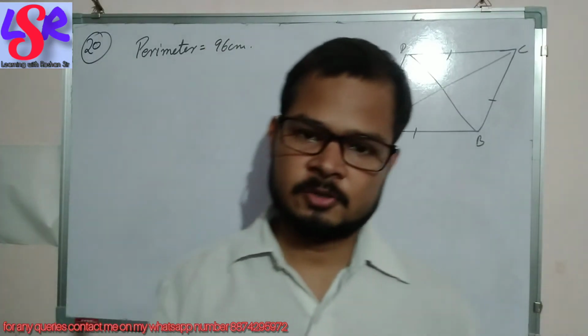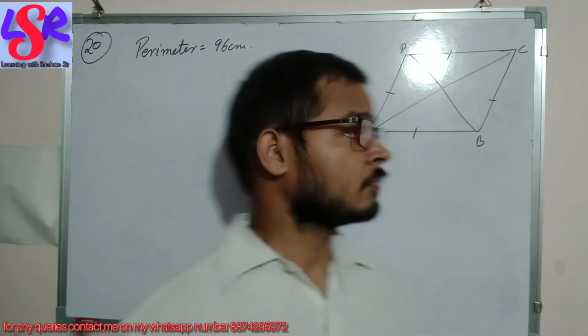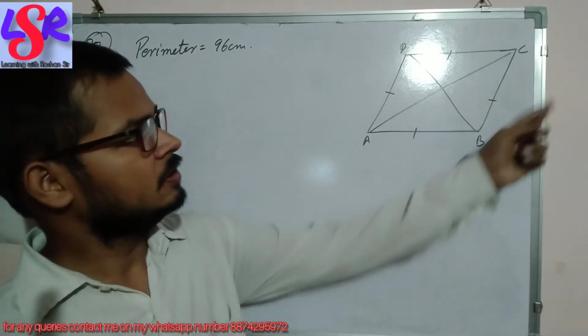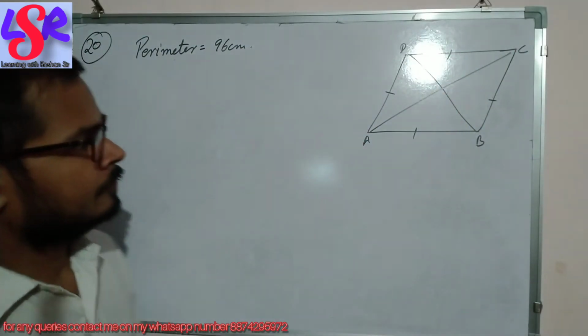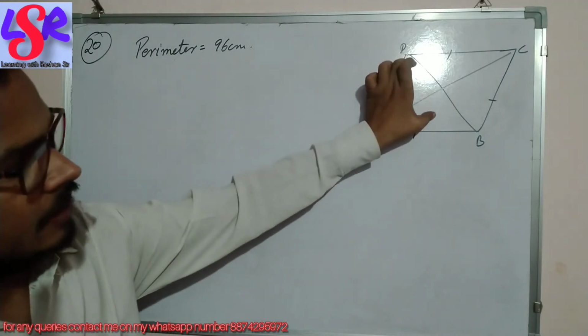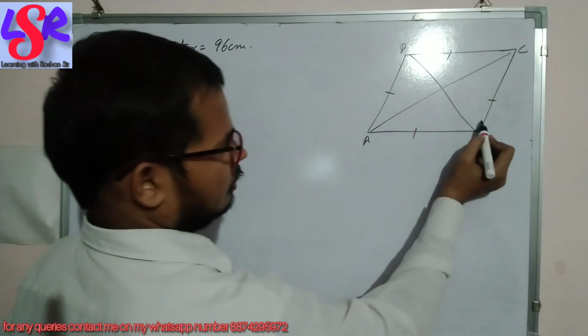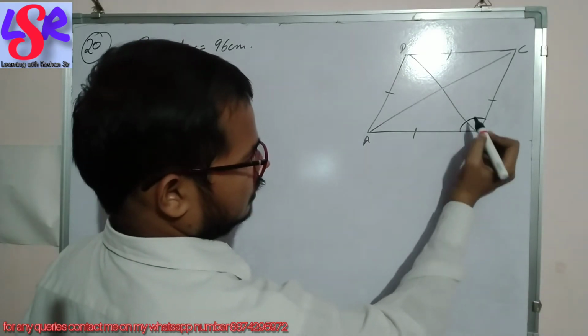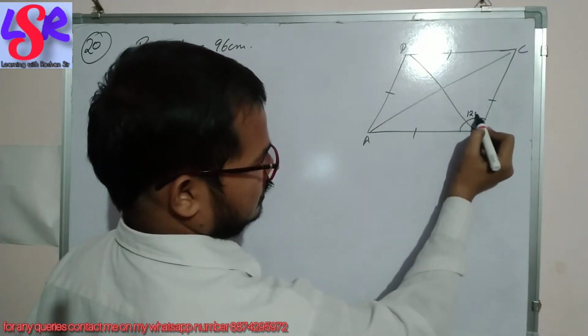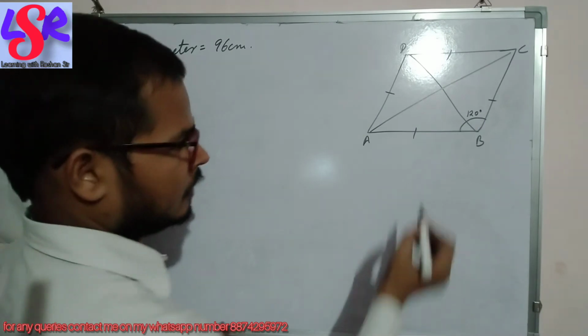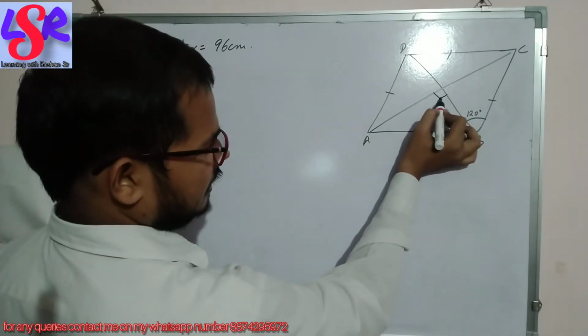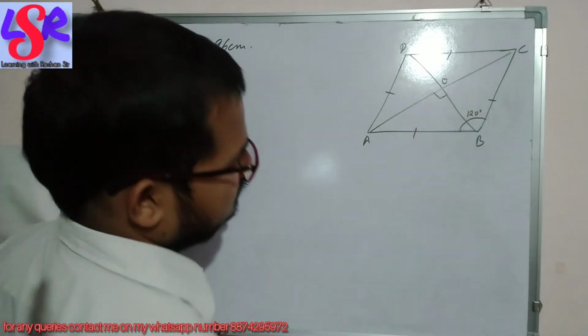Now in question number 20 we are having a rhombus ABCD in which all of the sides are equal, and we have to find the length of the diagonals, these two, and it has been given that obtuse angle is of 120 degree. इसका obtuse angle 120 degree का है और यहाँ हमें पता है कि diagonals जो होते हैं इसके 90 degree मीट करते हैं. Let name this one as O.